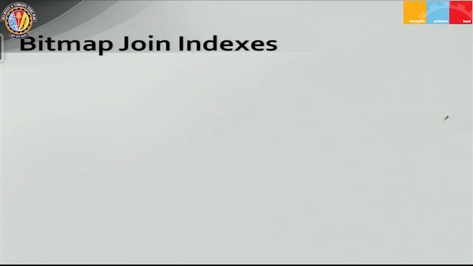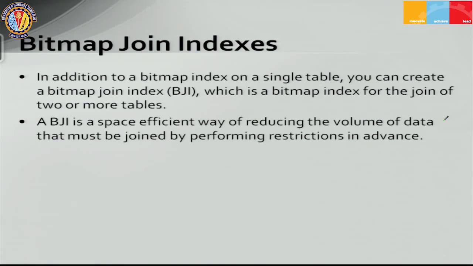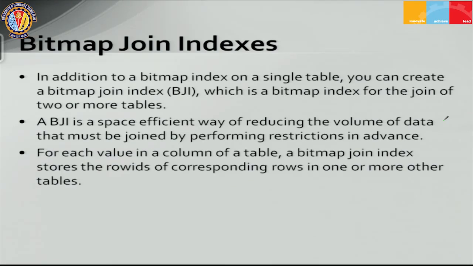This topic we did not discuss in detail, so I'll give you some details of this, right? In addition to a bitmap index on a single table, you can create a bitmap join index, BJI, which is a bitmap index for the join of 2 or more tables. It is just like pre-computing the join and keeping it, and instead of keeping the tuples, you store the bitmaps of those tables. So it's a space efficient way of reducing the volume of data that must be joined by performing restrictions in advance, right? And for each value in the column of a table, a bitmap join index stores the row IDs of corresponding rows in one or more tables,